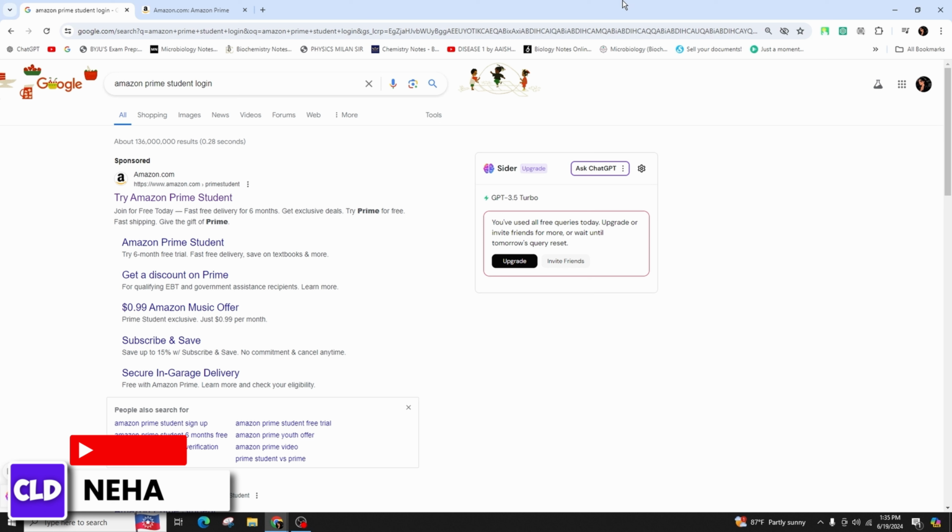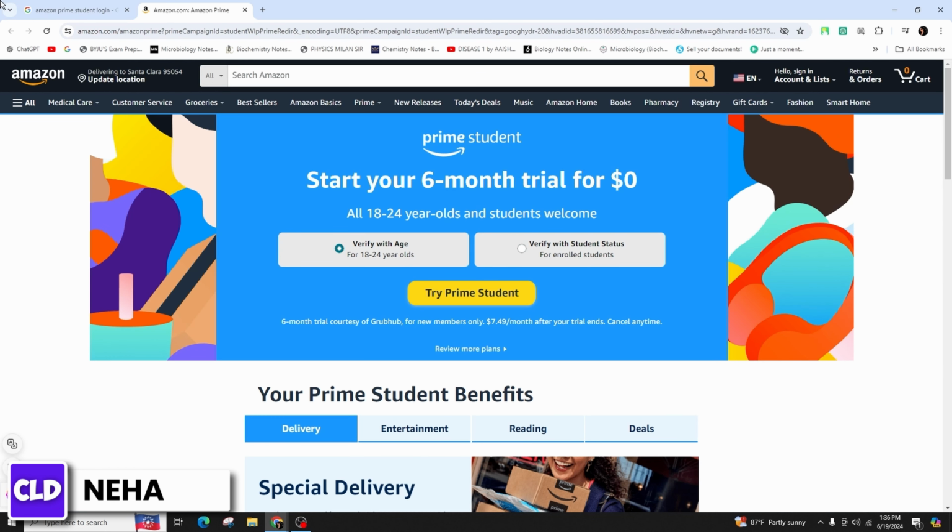So let's get started. First of all, open your Google Chrome web browser and type in Amazon Prime student login in the search bar and hit enter on your keyboard. Then you will come across various websites, from where click on the initial website that is indicating try Amazon Prime student. Click on it and you will be taken to the official website of Amazon, from where you will be